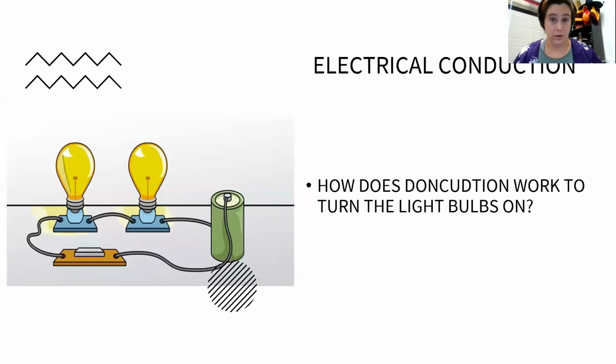And now electrical conduction. Basically, copper wire allows energy from a battery to travel to light bulbs. And remember when you turn on a light switch, energy is then being transferred all the way to a light bulb or to electronics or to a car, basically. So remember, copper brings energy from point A to point B